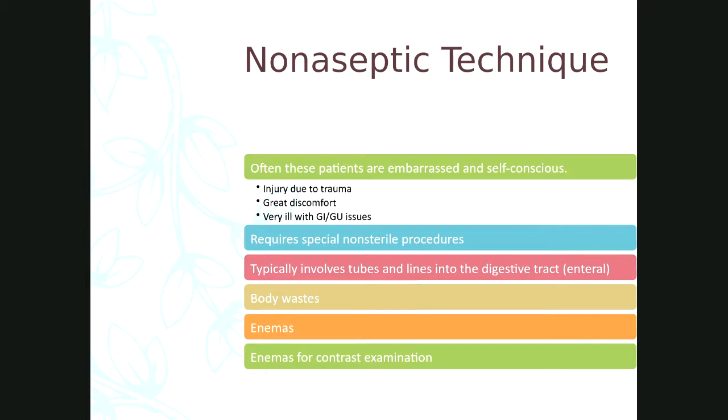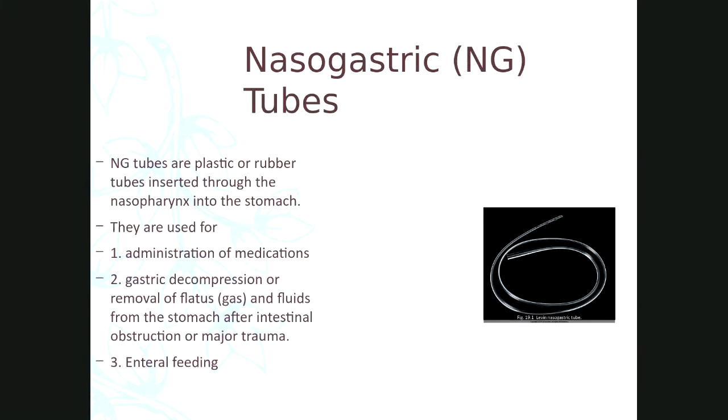Typically, we're talking about tubes or catheters, lines placed into the digestive tract. You're dealing with body waste or excrement, bowel movements, whether they come through a colostomy, meaning that they're exiting the patient through the abdomen and not the normal route, or it is possible that we have to deal with defecation via the normal route and we have to assist them using a bedpan or something along those lines. And enemas, not only cleansing enemas, but contrast exam enemas, are part of our daily routine as well. When we look at NG tubes, these start off on page